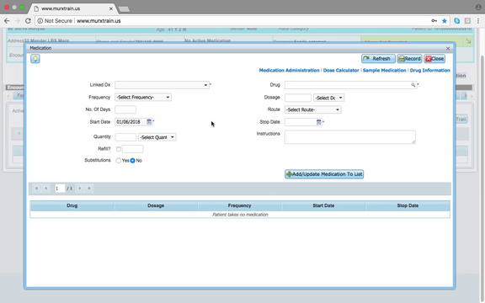In the new medication window, select the linked diagnosis from the list. The diagnosis recorded for the patient gets linked to the medication section. Click on the icon to select the diagnosis which was recorded earlier,